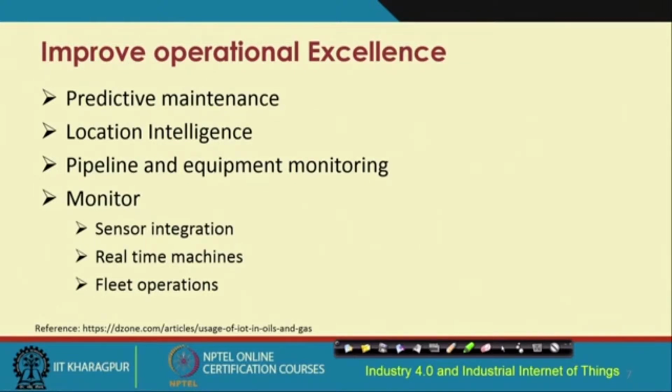So, overall we want to improve the operations. Different attributes such as predictive maintenance, location intelligence, pipeline monitoring, equipment monitoring, monitoring of the different sensors that are integrated to the pipelines, to the machines, etc. Real time machines taking part in these industries, in the different processes, their execution and so on, and fleet operations, all of these, their operations and so on, the performance overall could be improved with the incorporation or integration of